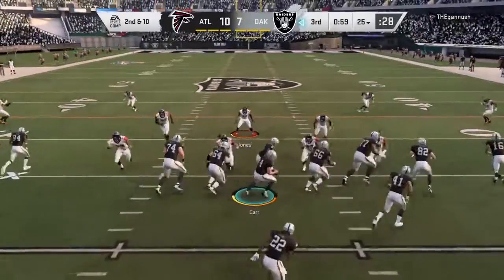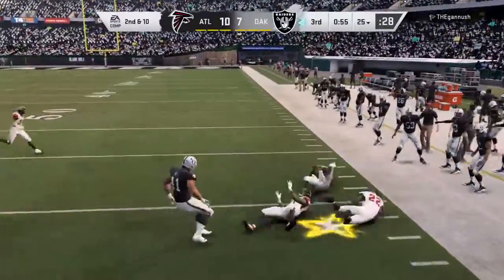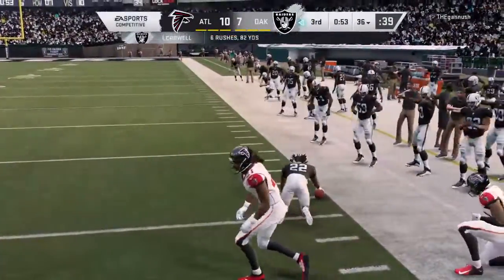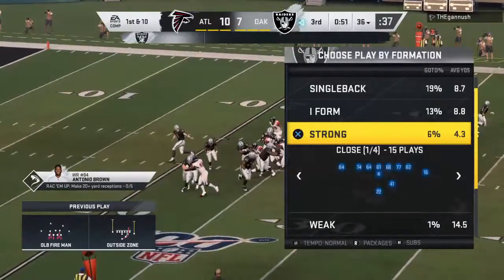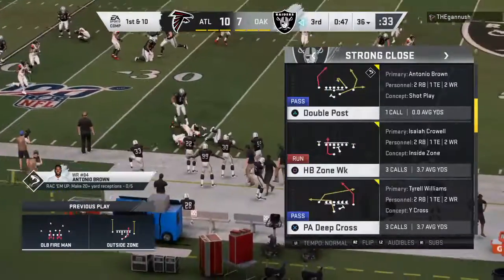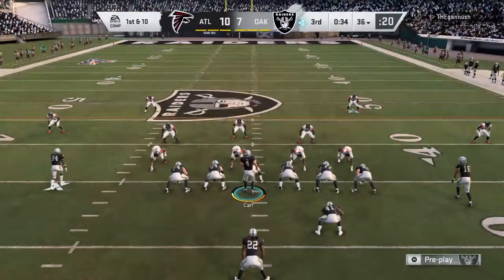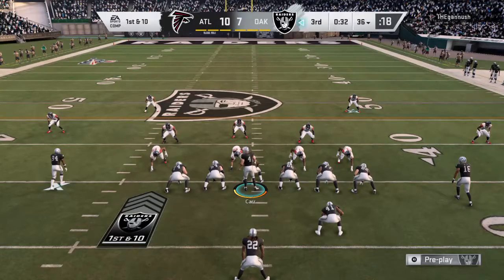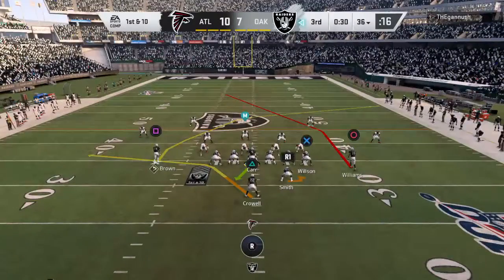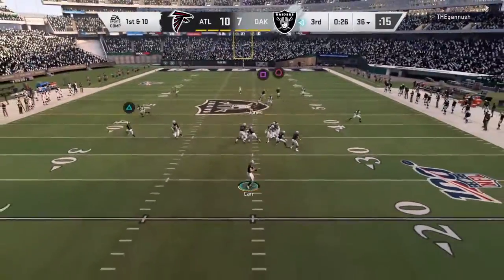Now Carr, after the incomplete pass, brings him up 2nd and 10. And they're able to get this one across the 35. 11 yards there, 1st down. We've seen him break off a big run already in this game, and for a second, that one looked like it might be another. Yeah, I think that any defense would say, look, we can't let him get to the 2nd level because sometimes he'll break off the big run on his own, but oftentimes you get additional blocking at the 2nd level, which gets you deeper into the